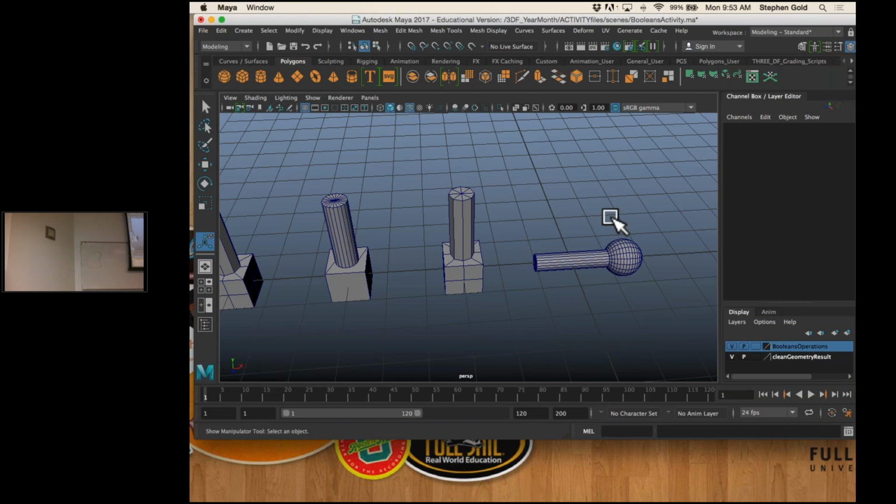All righty. So quick hands up. Is anybody seeing crazy shading errors of any kind? Any weird zigzaggy stuff on your geometry? Okay. And the reason I bring that up is because the Booleans tools tend to create kind of weird stuff happening